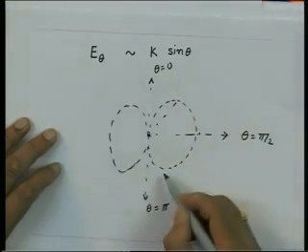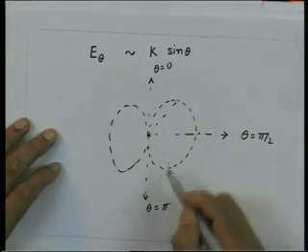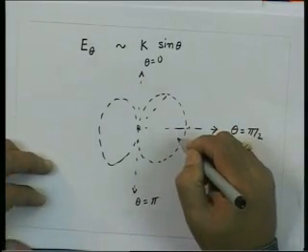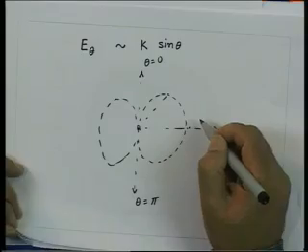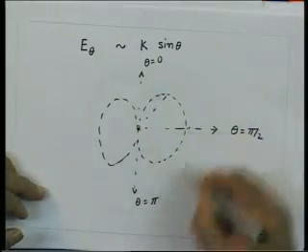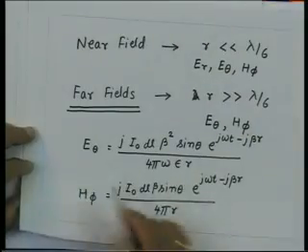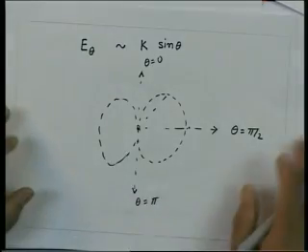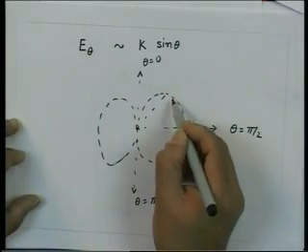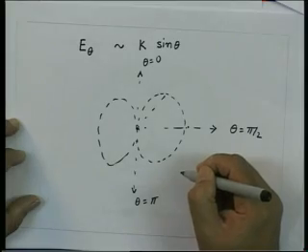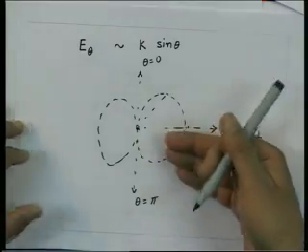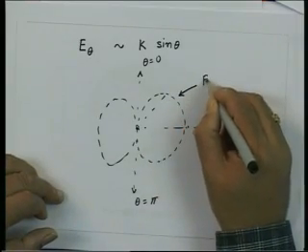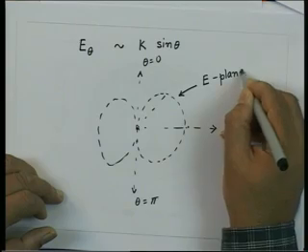So, this is the variation of the electric field in the theta plane. That is the reason I call this radiation pattern the E plane radiation pattern, because the electric field is going to lie in this theta plane. The electric field has only one component, which is the theta component. So, this is the plane of the paper in which the electric field vector is lying. The electric field vector, as we saw, is essentially in the direction theta. So, the electric field vector lies in this vertical plane, and we call this radiation pattern the E plane radiation pattern.